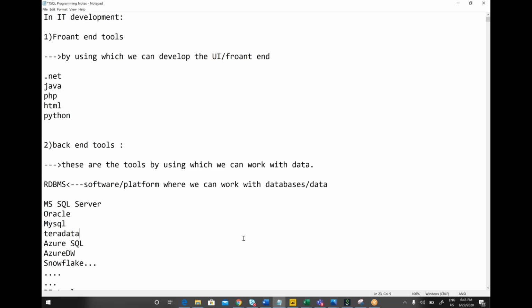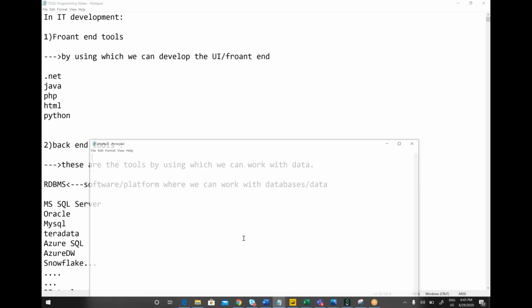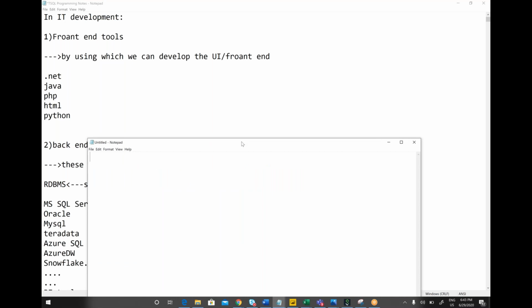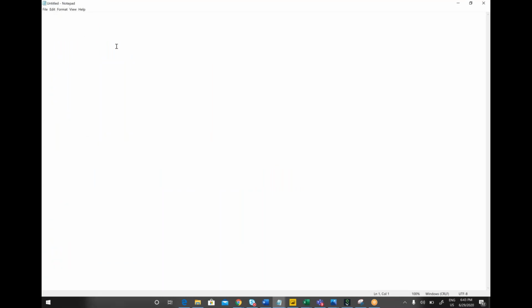So I just shared my screen. By using the SQL language, you are going to communicate with the databases inside a database server. That SQL language is mainly divided into 5 sub-languages. Those will be